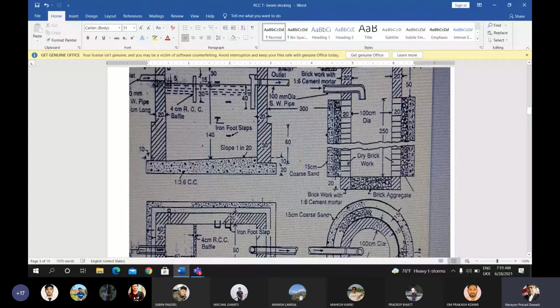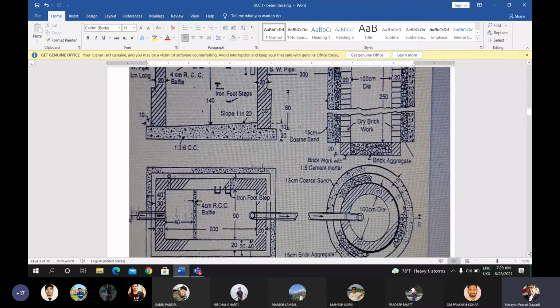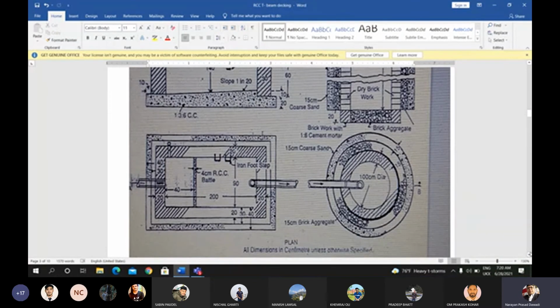अनि यो एउटा घेरो भयो। यो घेरोभन्दा अर्को घेरोमा ब्रिक एग्रिगेट सोलिङ छ, ढुङ्गाहरू फुटाएको ढुङ्गाको एग्रिगेट सोलिङ गरेको छ चारैतिर। त्यसपछि स्यान्ड फिलिङ छ। त्यसपछि फेरि अर्को घेरोमा कोर्स स्यान्ड फिलिङ छ। भित्र आएको लिक्विड मेटेरियललाई ब्रिकले सोच्छ। ड्राई ब्रिकले ड्राई ब्रिक एग्रिगेटलाई ट्रान्सफर गर्यो, एग्रिगेटले कोर्स स्यान्डलाई, कोर्स स्यान्डले एडजोइनिङ सोइललाई ट्रान्सफर गर्छ र सोक पिटमा भएको लिक्विडलाई सोचेर फाल्छ। सोक पिटमा सोलिड मेटेरियल मात्रै बाँकी हुन आइपुग्छ।